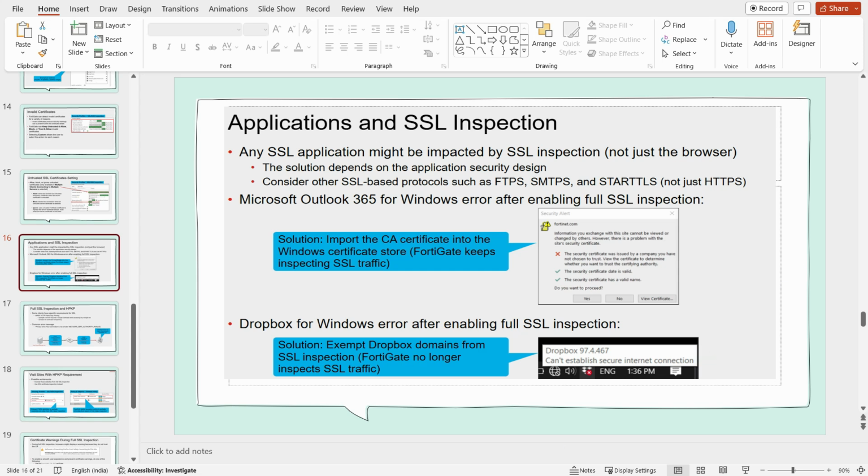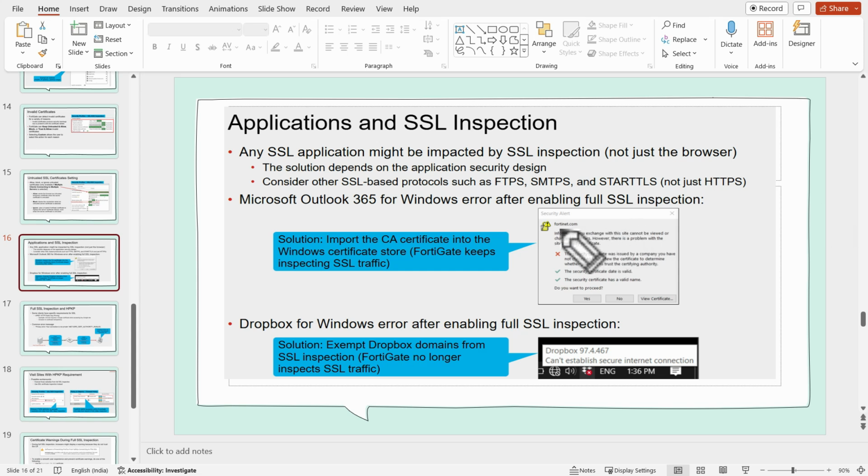So you can see in my PPT, after enabling SSL inspection, we can see two types of errors in our Windows machines. The first one is the Microsoft Outlook 365 Windows error after enabling full SSL inspection.